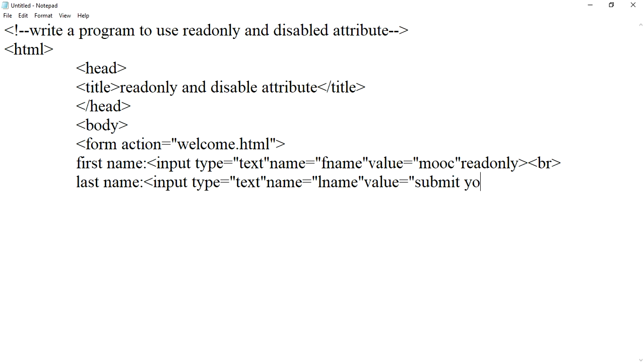submit your project before 28th May, and we'll give your size equals to 30, disabled,